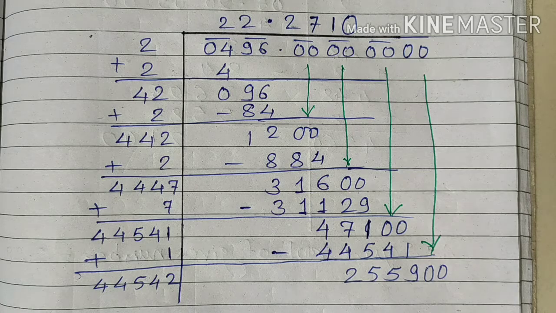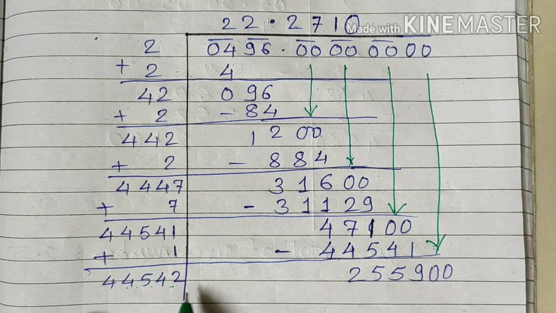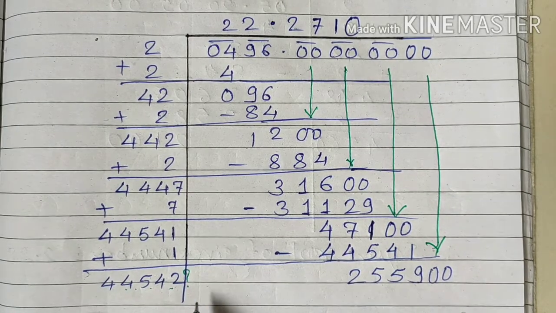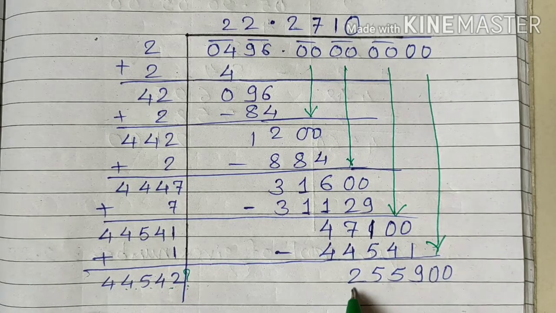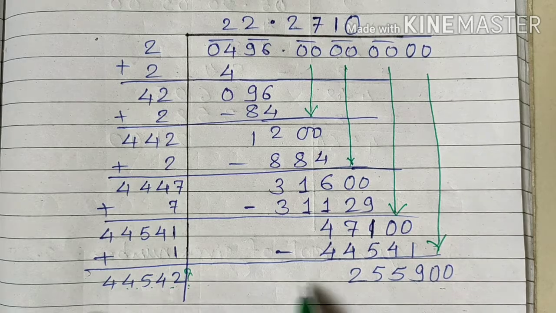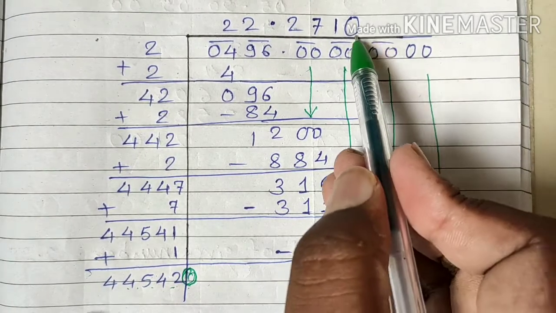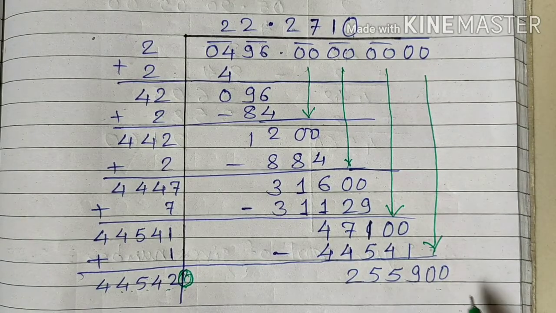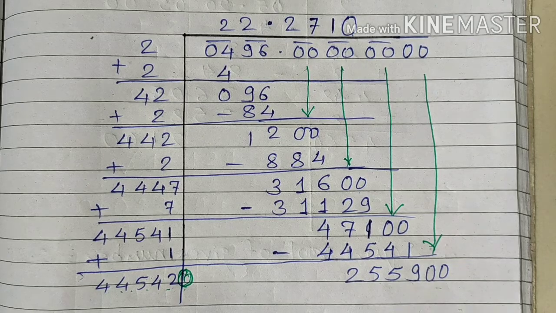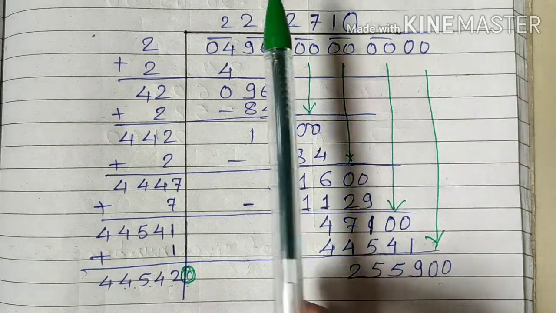Now see what will happen. Addition of these two is 4452. When we take any number along with this, it will become greater than this number. So if we take 1 also here, it becomes greater than this. So we have taken 0 here, and by multiplying 0 we get the same 0. Okay, so no calculation proceeds further. So that means the required square root of the number is